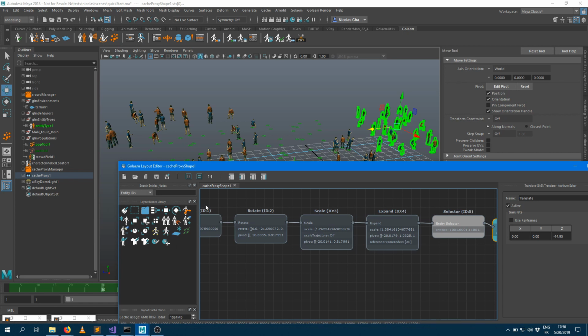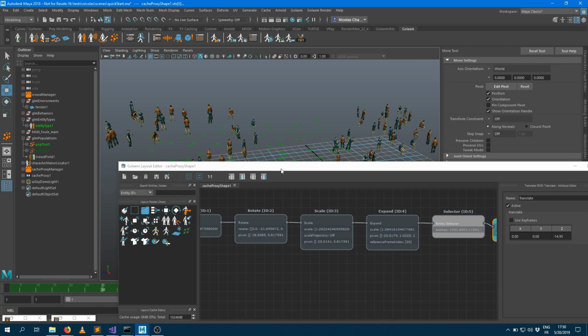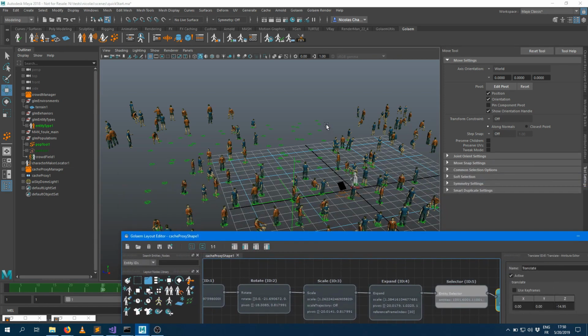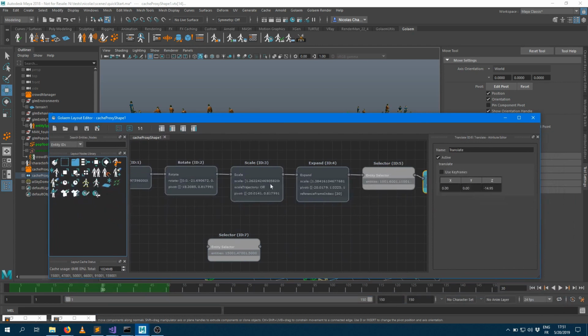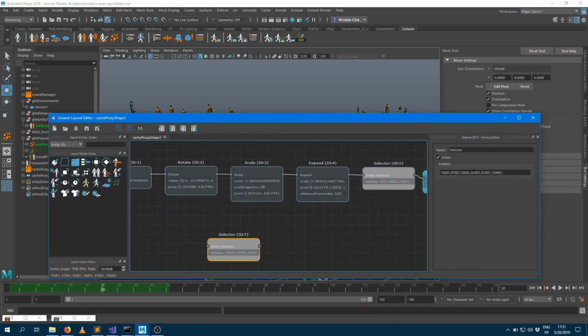So you can see you got plenty of layers you can apply, such as a kill layer. So let's say I would like to kill a group of characters. I just have to select them, and create a new selector node. As soon as my selection is active in the viewport, my selector gets the ID of the characters related to the selection, and I can apply a kill node.